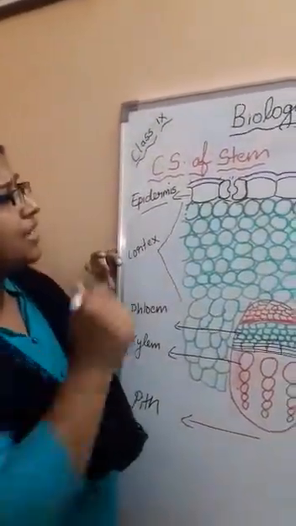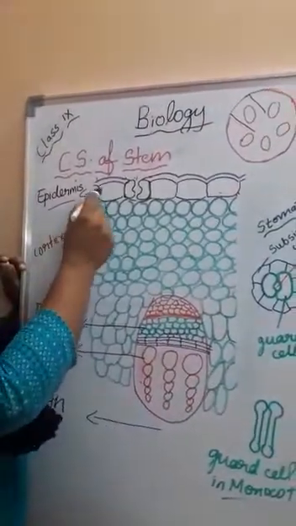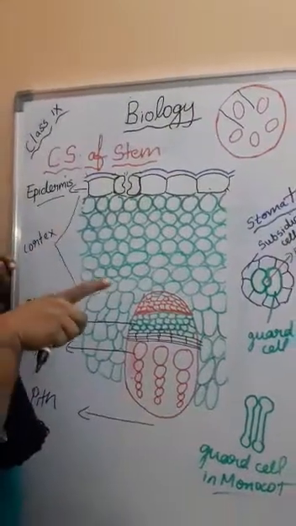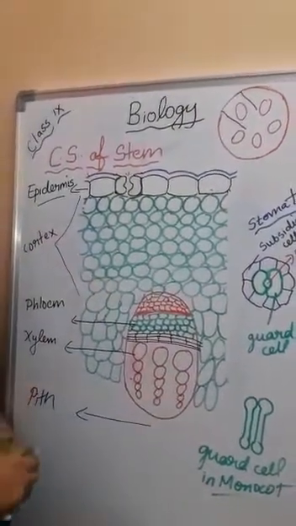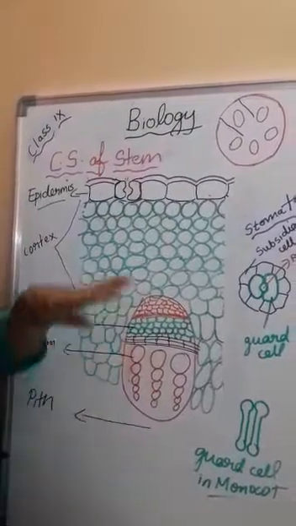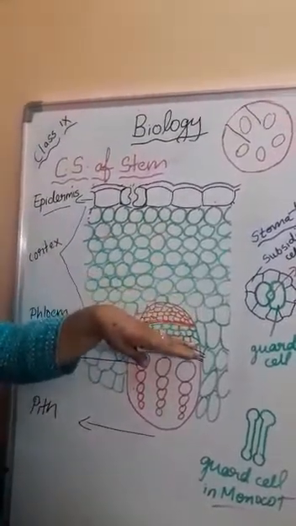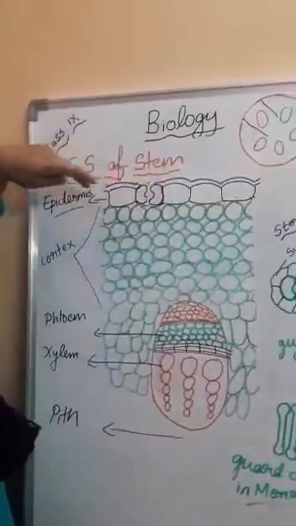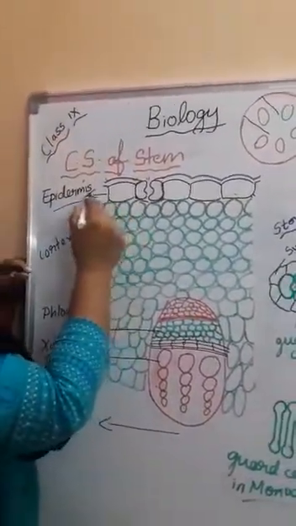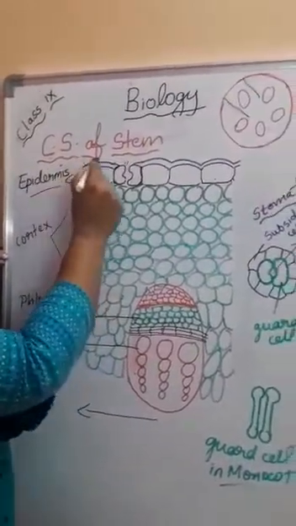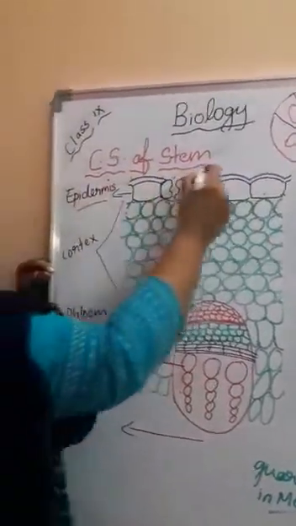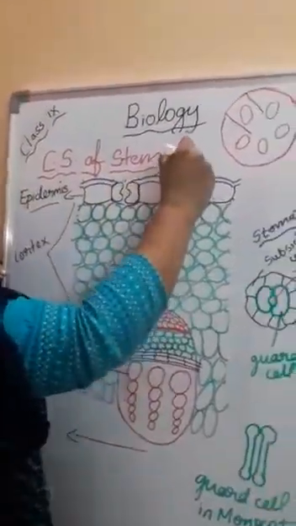In case of epidermis, it is actually flattened cells, which is unilayered, mostly single layered, and which you could see in a stem, a root, or a leaf. Wherever it is, all the internal details of the plant are protected by this outermost layer, epidermis. And I told you it is mostly one layer. Over the epidermis, you could see one more protective layer, which is called cuticle, which is made up of cutin.